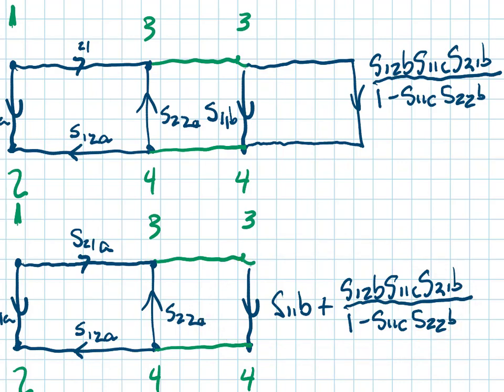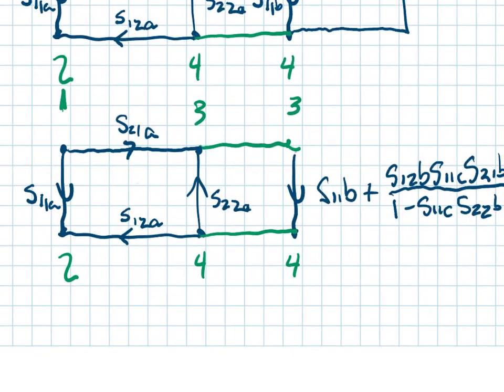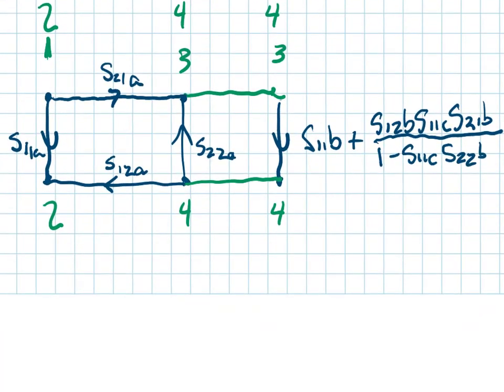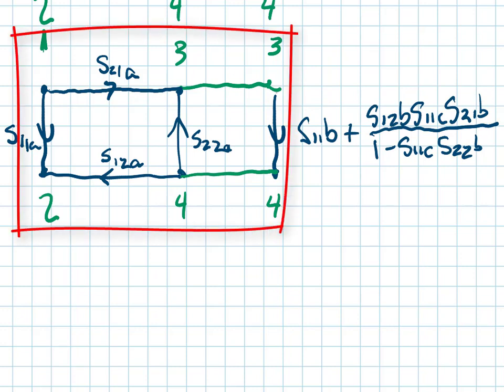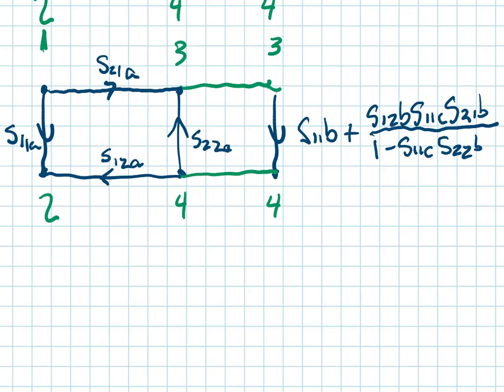Okay, so let me center this a little bit. And to continue, we need to do the whole thing over again. You can see we have kind of a 2-port network and a 1-port network tacked on to the output port. So it's kind of the same process, we just have to repeat it over again. So that would make actually a good exercise for you to try yourself. But since it's an identical structure, we're really going to end up with the same results,